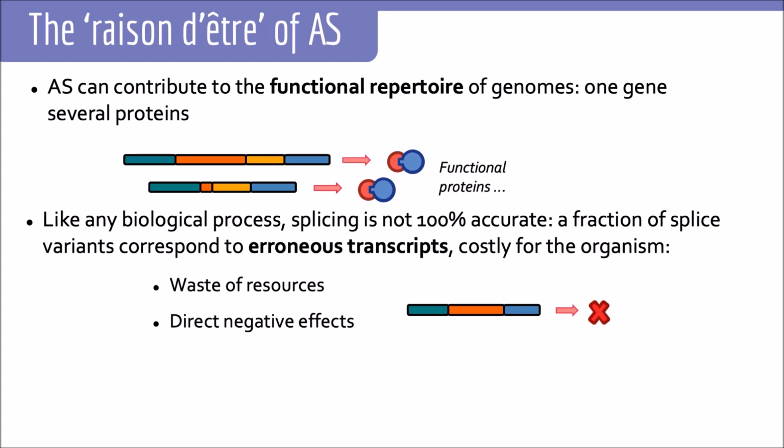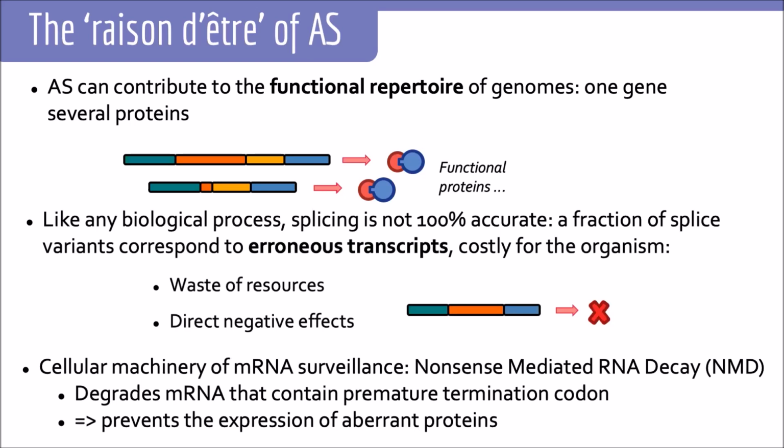When I say errors, I mean that these transcripts are costly for the organism, because they represent a waste of resources, but also because they can have direct negative effects. Generally, splicing errors lead to frame shifts, and therefore to the appearance of premature termination codons. And so if these transcripts are translated, this leads to